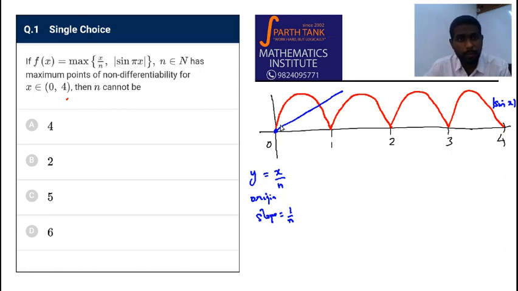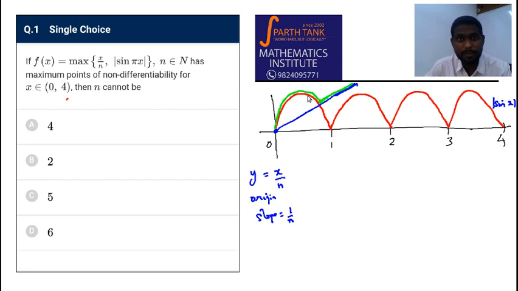Okay, now they have given the function itself, the function f of x is the maximum of these two. So the actual function we have to look at is the maximum between the line and the sine x curve. So in this region the maximum will be here, and in this region the maximum is like this, and it will continue. This will always be greater than the sine curves, right? Sine's maximum value is 1 only, so this line will go on increasing. So in this curve, how many points of non-differentiability do we have? We have 1 point of non-differentiability. Here we have a sharp point.